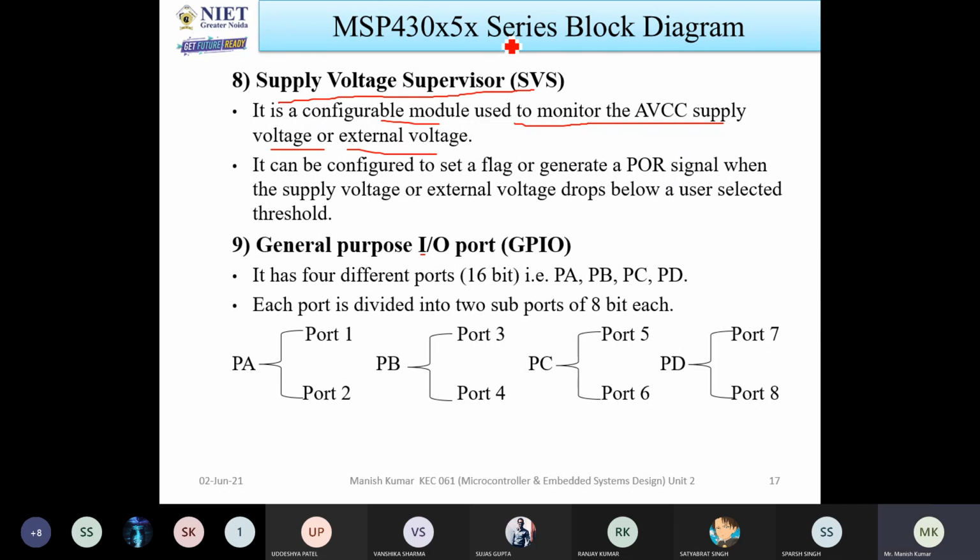So it will monitor this. Okay? And it can also be configured to set a flag or generate a POR signal when the supply voltage or external voltage drops below a user selectable threshold. Now what will happen? It is monitoring the supply voltage, either from ABCC or external voltage. There is no problem in that. Okay, so what will happen in these situations,